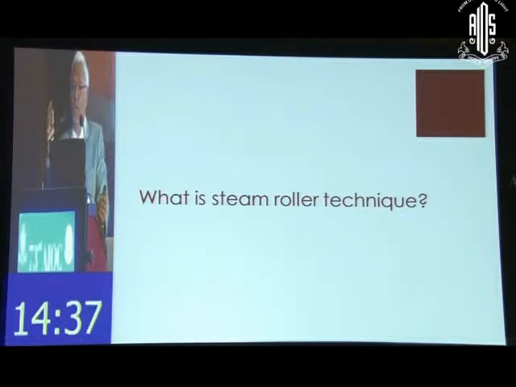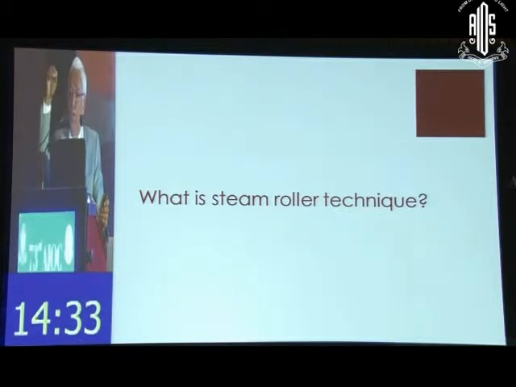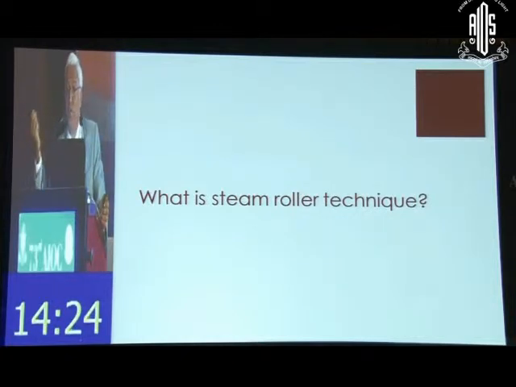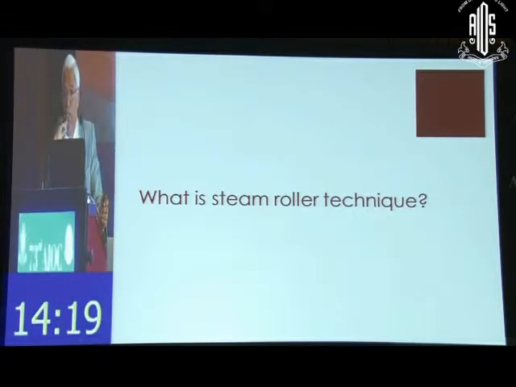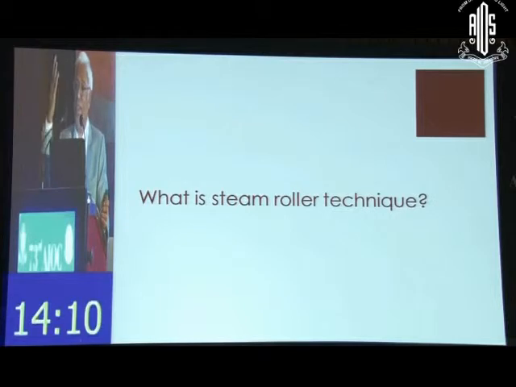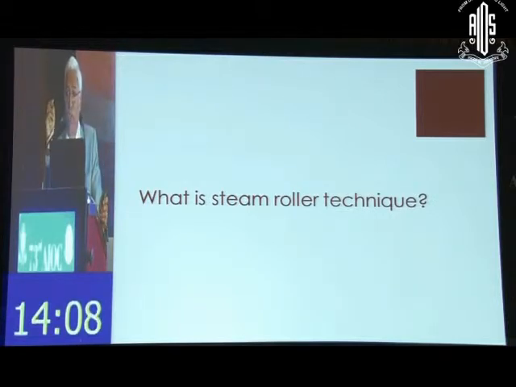Well, you use it when the macula is not detached and you're worried that your gas will push the fluid into submacular space and detach a macula which is previously attached. You would not like to, is it not? Although it may reattach in the next 24 hours time, you would not like to detach a macula which is not detached. So, to prevent that, when you do pneumatic retinopexy, use a steamroller technique. You inject the gas and immediately position them prone. So the gas ascends in front of the optic disc. So there is no chance for the fluid to push into submacular space.